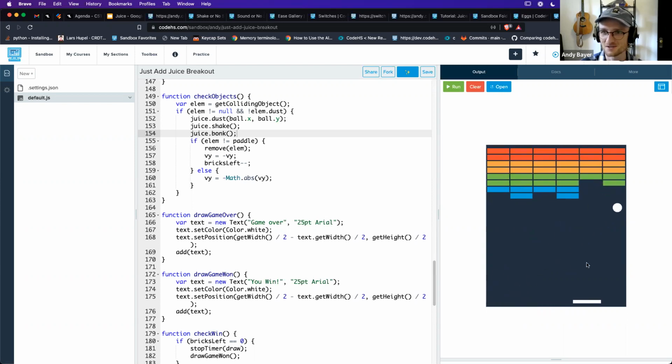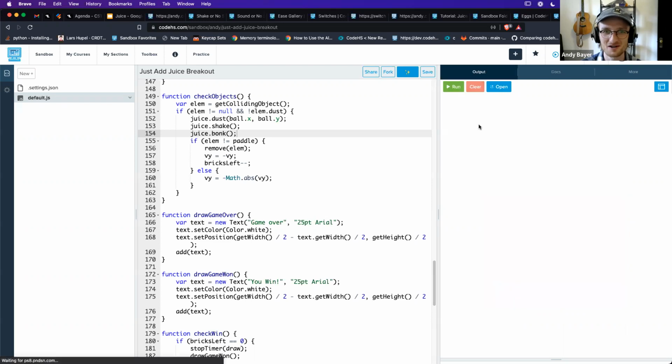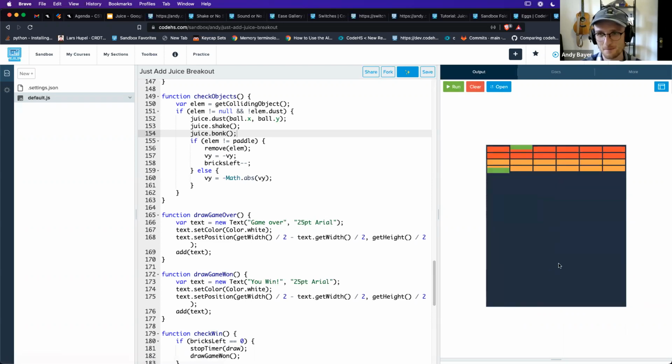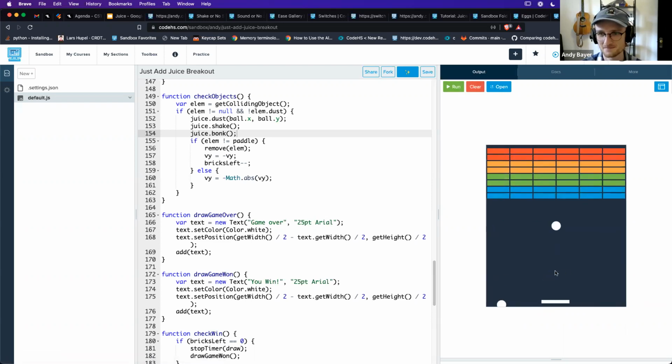Let's see if I can get that without losing. So we got 2 there. Okay, I'm not great at Breakout. Let's try once more and see if I can get a bunch at once. I'll give it a little bit more time and see if I can get a good combo. No, I couldn't. So just with a couple lines of code, adding dust, shaking, and 1 sound, this game is